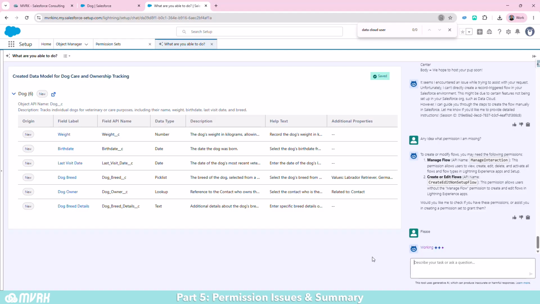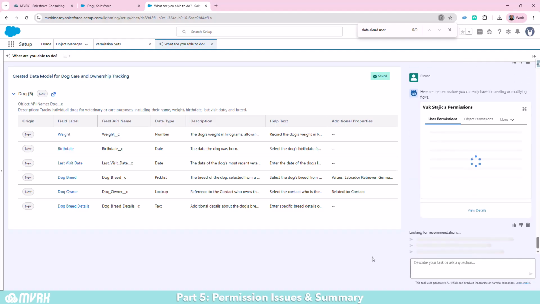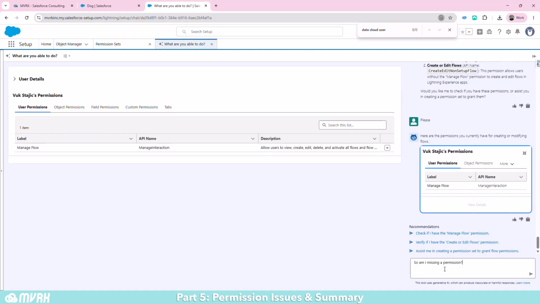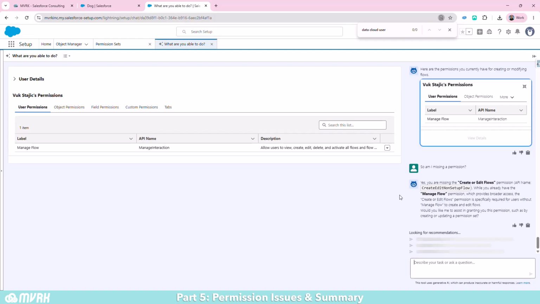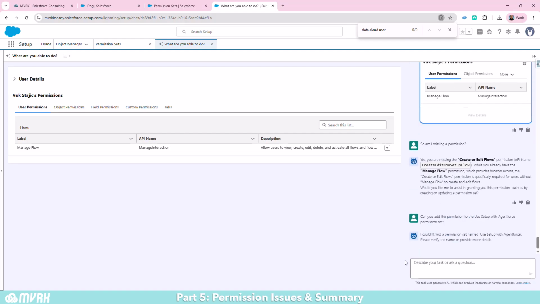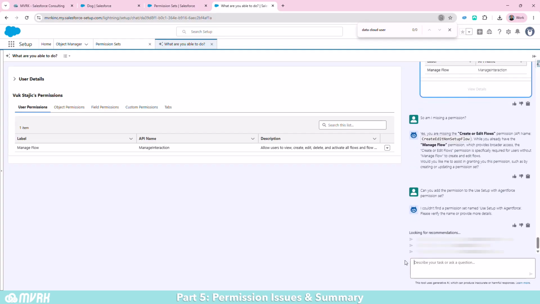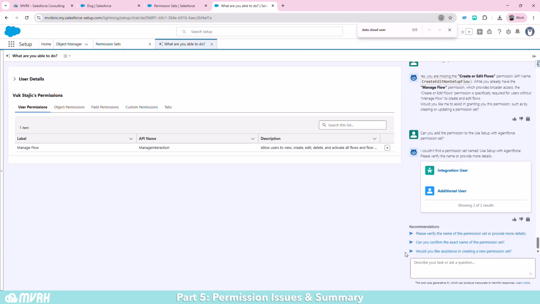When I ask it to help me see, it gets a little bit confused, and instead of telling me permissions that it has, it gives me like a list of users. And unfortunately, I can't tell if this is strictly me not having Data Cloud access in this partner environment that I'm testing this in, the Maverick partner environment. But ultimately,